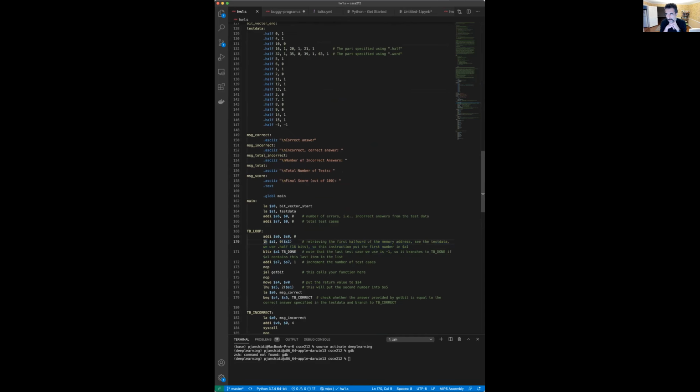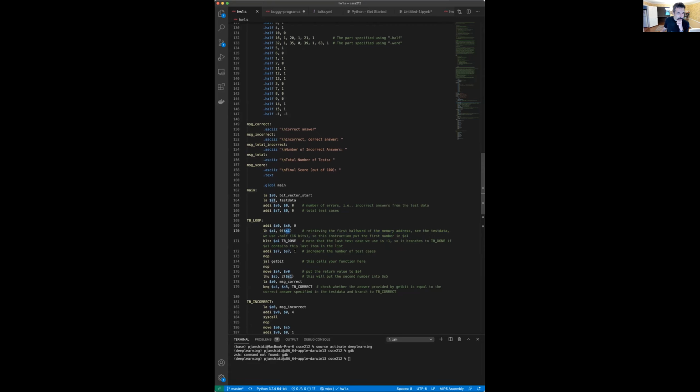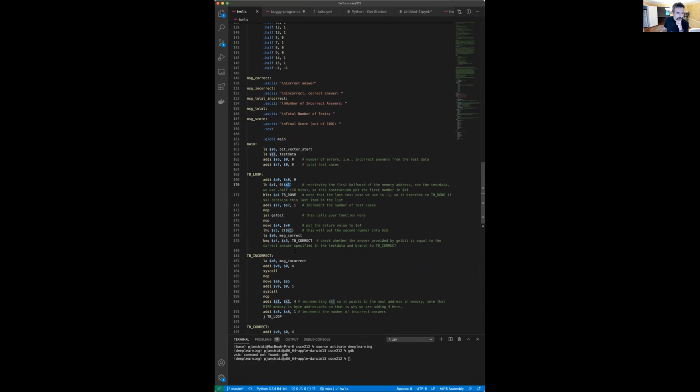Load half loads the first number from this test data. This is again how we put the address of this test data here into A1, and here you know that we use S1 variable. I'm wanting to note here is that we